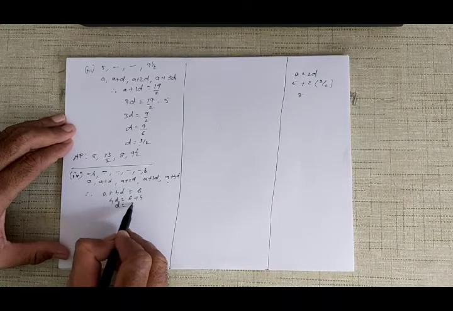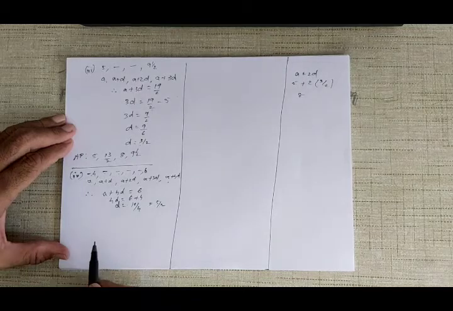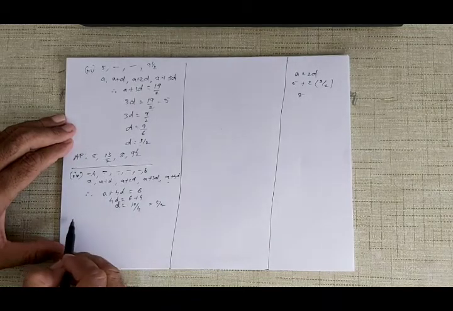So D is equal to 10 upon 4, that is 5 upon 2, the value of D. Now the value of D is known, so therefore your